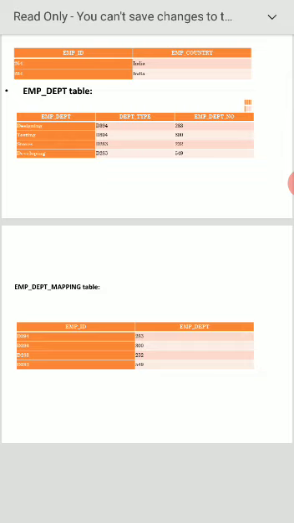If you decompose like this, whenever you want, you can get the required information. Otherwise, we can get the information from the main table, but we will get all the information. What does all the information mean here? We will get employee ID, employee country, EMP department, department type, EMP department number. To avoid this, I want only the required information. I don't want other fields, other columns. I just want employee ID as well as employee department name. You can get it. According to your requirements, you decompose into subtables.